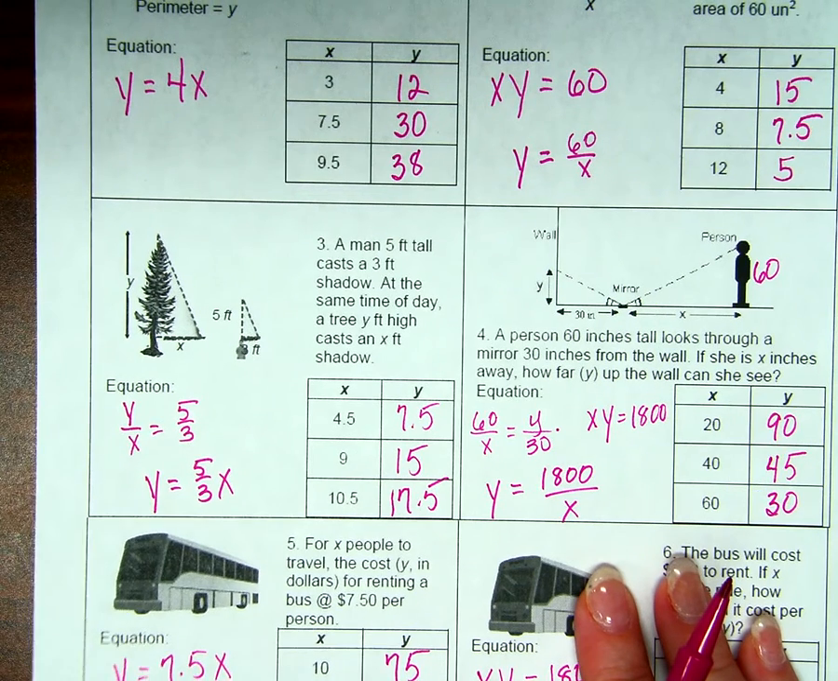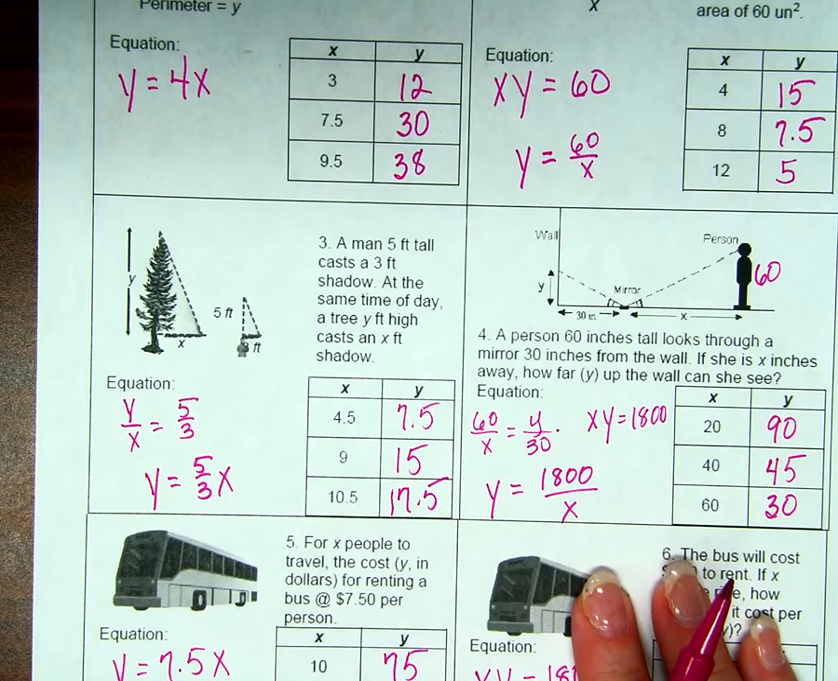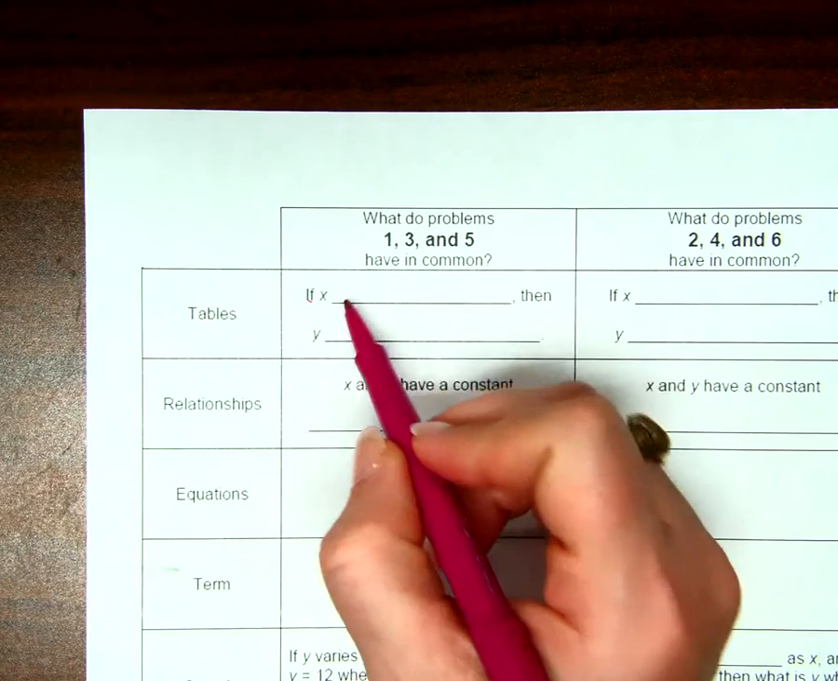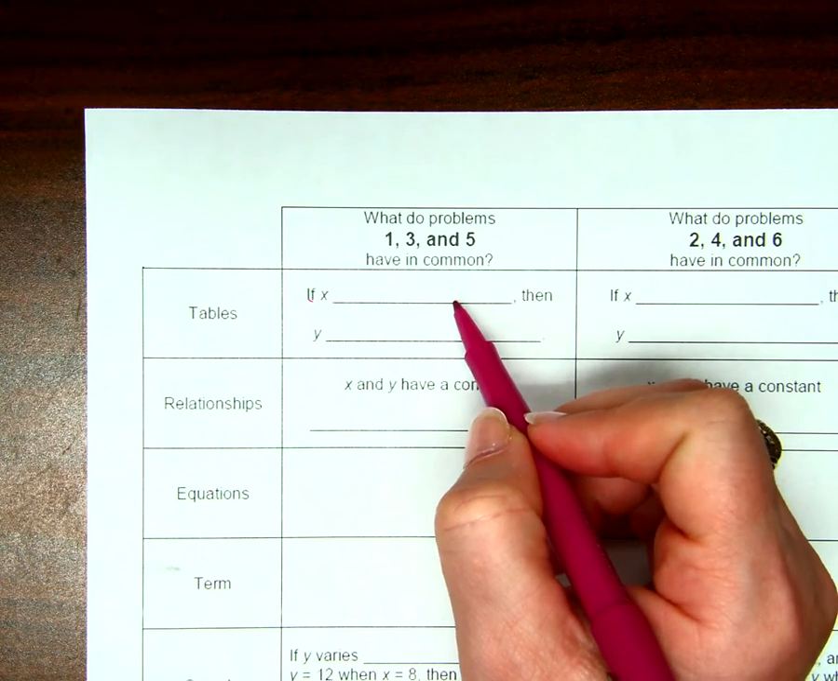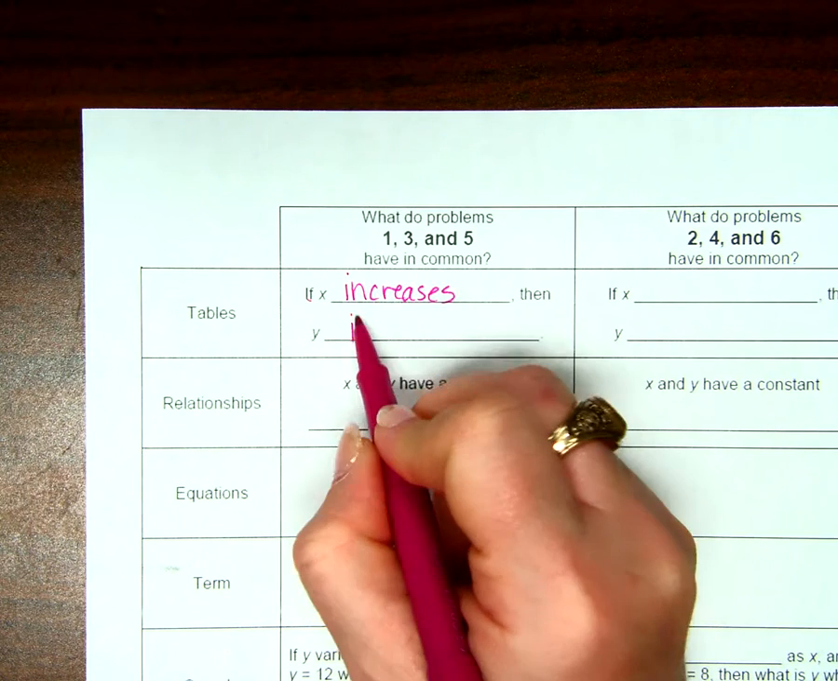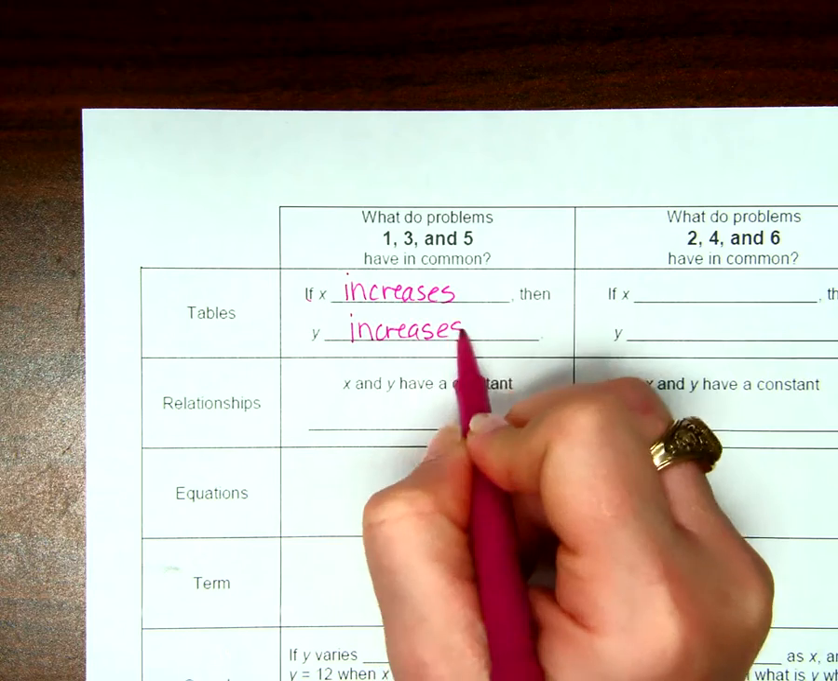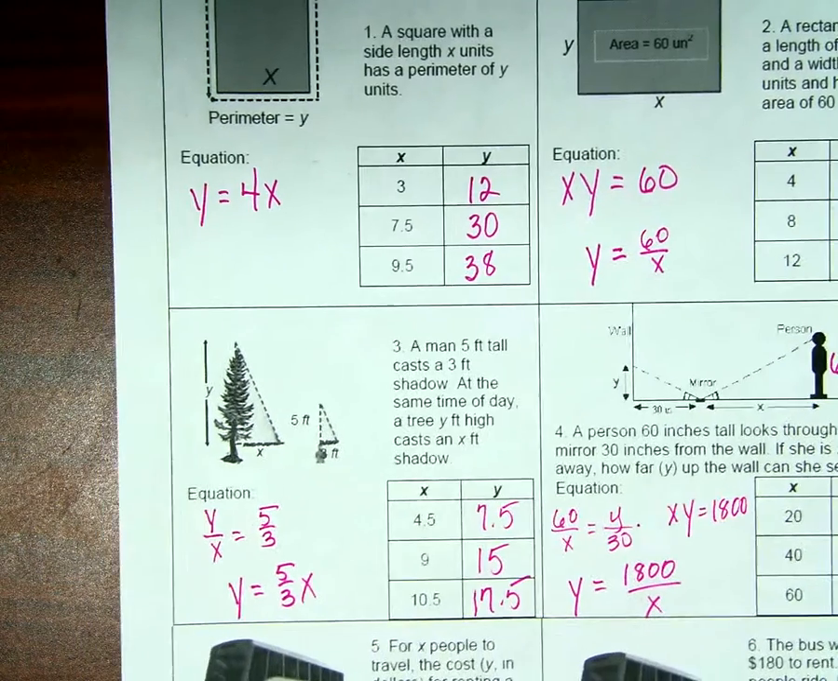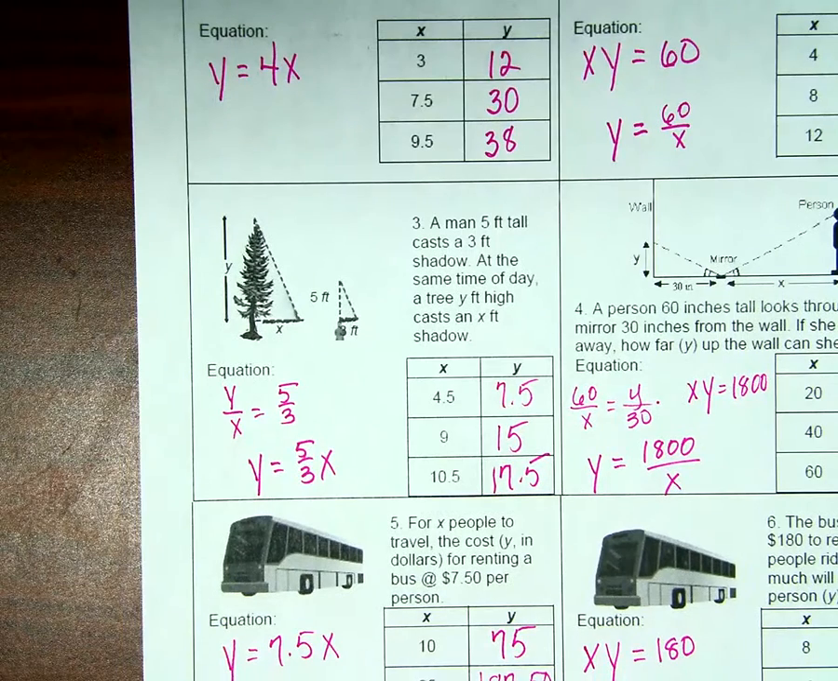Both of them? Yes. If x increases, then y increases. What if we're just looking at the relationship between x and y? Kind of like we're looking at the equation, but more the relationship in general besides just the equation. X and y have a constant,